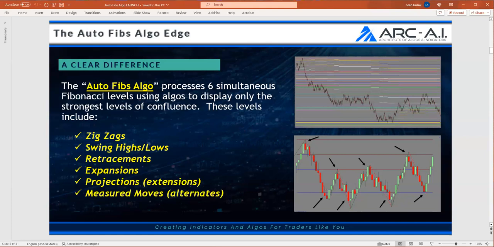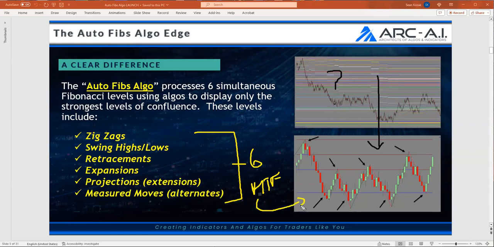And let me just explain something. The picture that you're seeing on the top is the internal engine of all the Fibonacci levels that are drawn. Down here is a great example of what happens when we take this, which is extremely confusing and hard to do, and we bring it into what we call Confluence. In fact, we take 6 levels of Fibonacci and we measure them over multi-time frame analysis, and we bring them into your trading charts.